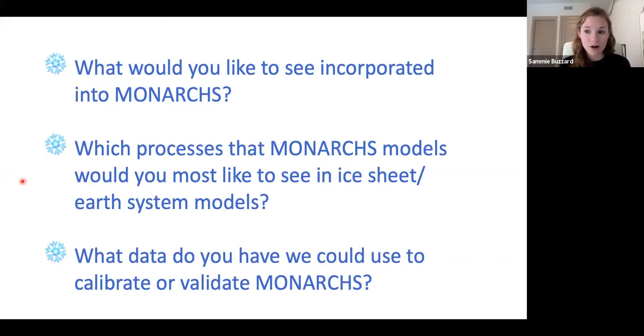Or if you're more on the larger scale modelling side, what processes that MONARCHS models do you think would be most useful to incorporate into larger ice sheet or earth system models that aren't currently there? Which ones should we really be focusing on being able to either couple with your models or parameterize for them? And finally, if you have any data we could use to calibrate or validate MONARCHS,